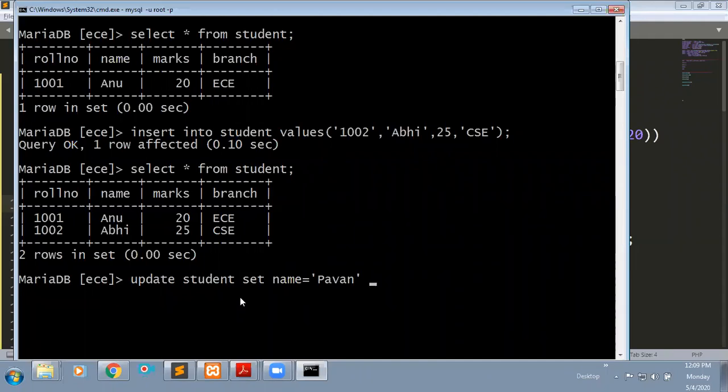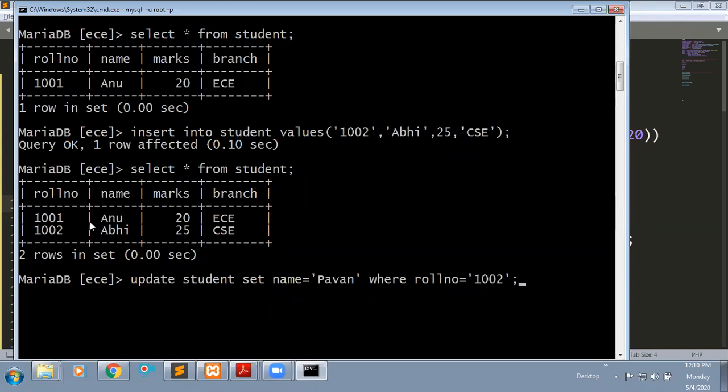That you need to mention as a where clause: where roll number equals to 1002. This is the way to update your already existing data.